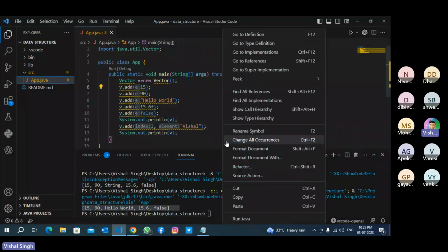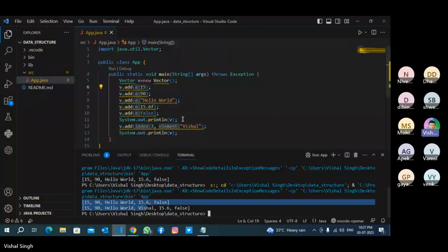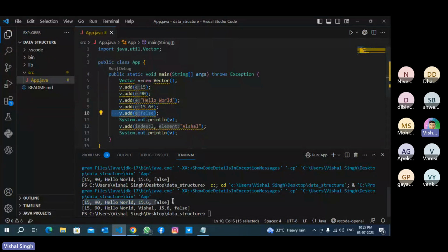Okay. Right click, run Java. See here, this is the output: 15, 90, hello world, Vishal, 15.6, false. After adding Vishal at index 3, see 0, 1, 2, 3. Okay. So we have added Vishal,